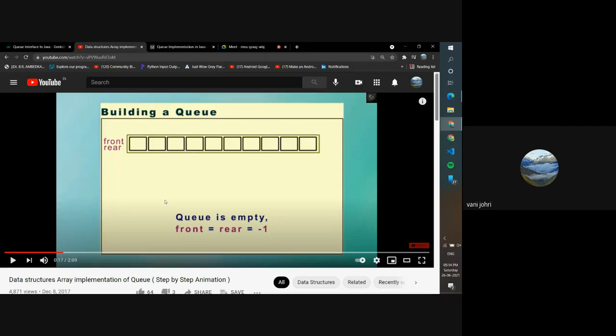Like what happens in an actual queue when you make a queue in your school or in front of a cinema hall for tickets. You enter from the back, from the rear end, and then you exit from the front, right?